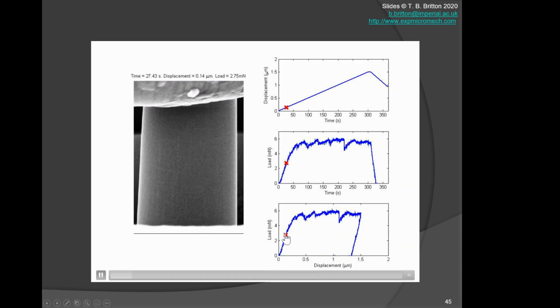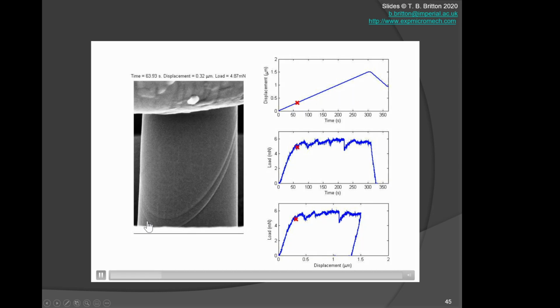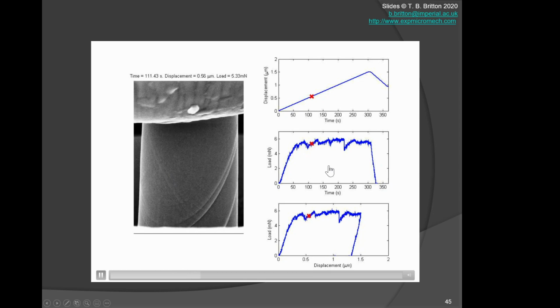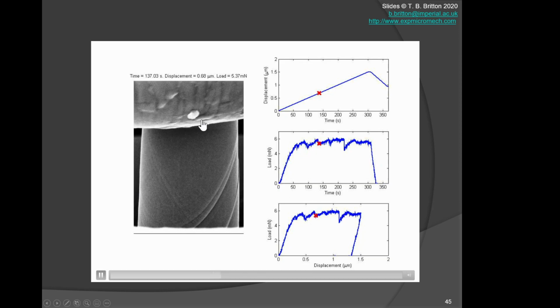And so I can see here I've got effectively the load versus displacement, and the material starts to yield. One slip system will activate. It will activate on another slip band. Another slip system will activate here, and there's a third that happens around the back. And I can see and correspond the actuation that I've got with specific load drops, etc., as I progressively deform